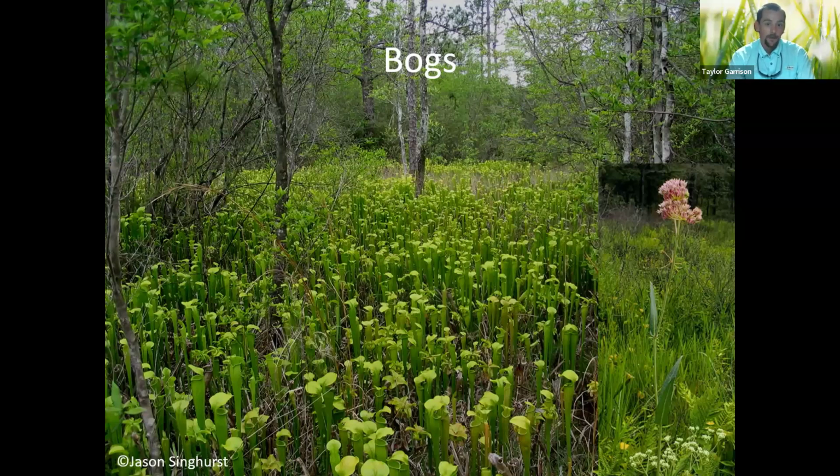And so that's why we see plants like the swamp milkweed or red milkweed, Asclepias rubra. So as you might know, milkweeds are a host plant for monarch butterflies. And in some of these bogs, if they're managed well, we'll have a lot of these red milkweeds growing throughout them. But I'll kind of cover some of the main species through bogs and some examples in East Texas.